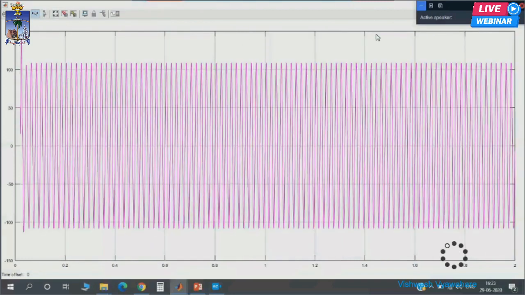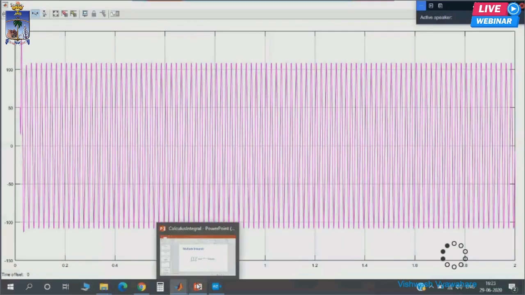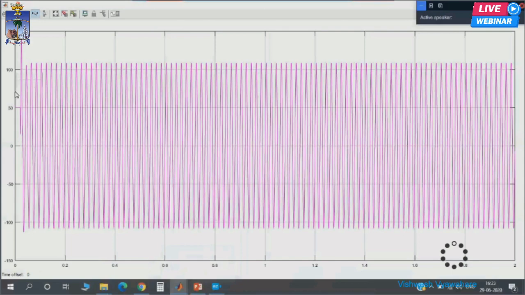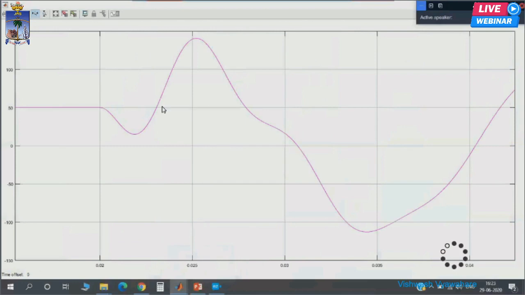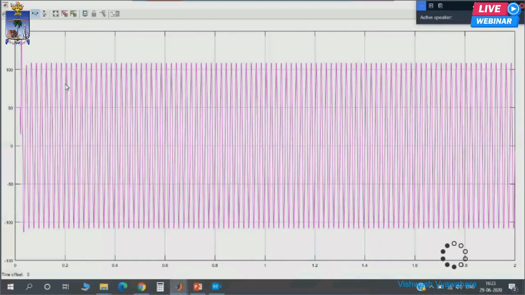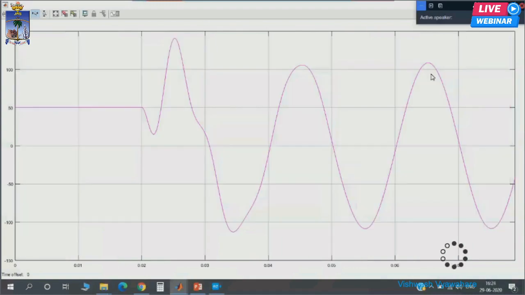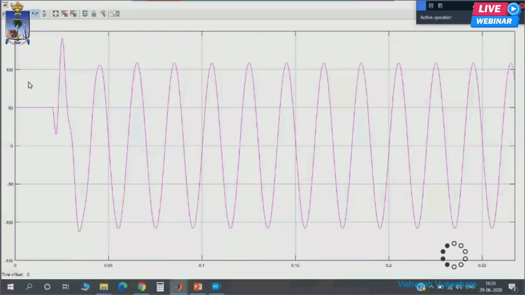Okay, but generally when we teach our students, we say that a series RLC circuit, when excited by an AC source, is going to have AC. I mean, it becomes an example of an AC circuit, with current appearing in the circuit, of course with a phase shift. Okay, right. But then we should also tell our students, and our students should also understand, that there is a transient. This is the transient part. Up to this point, there is a transient part. After that, it reaches the steady state value.